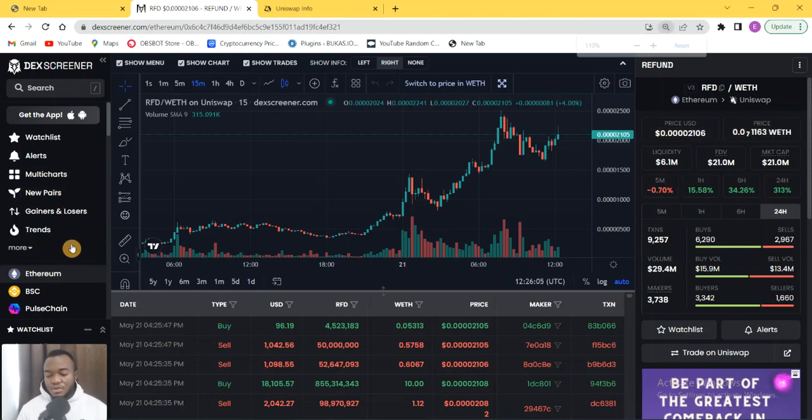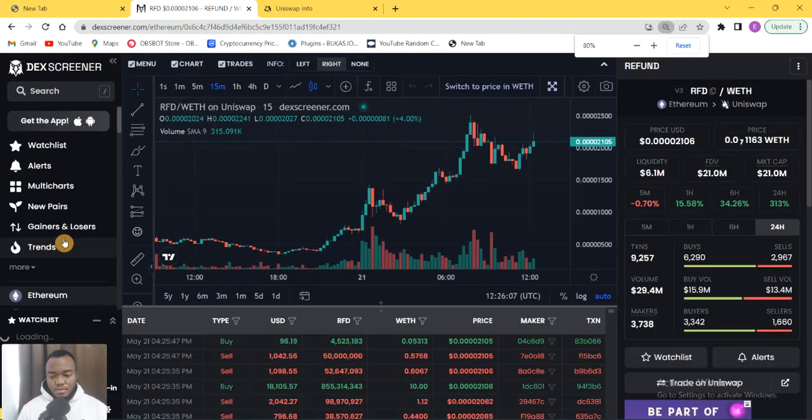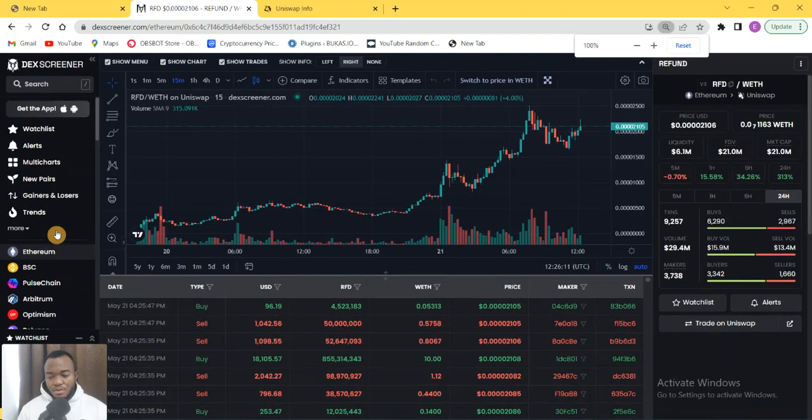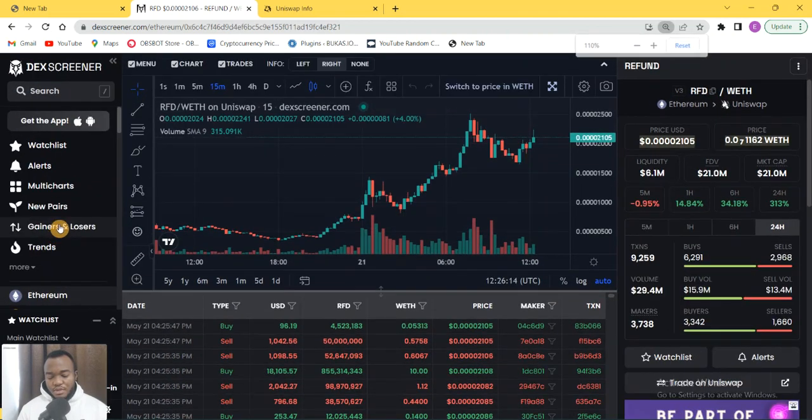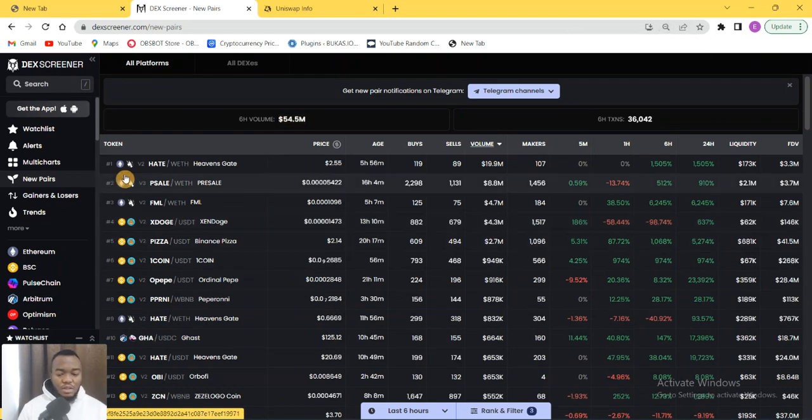So all you need to do is navigate through this place. You can see here they write new pairs. So click on this new pairs. Once you click on this new pairs, you are going to see different types of tokens that have been listed early. Now when you see age, it means the time, how long this token has